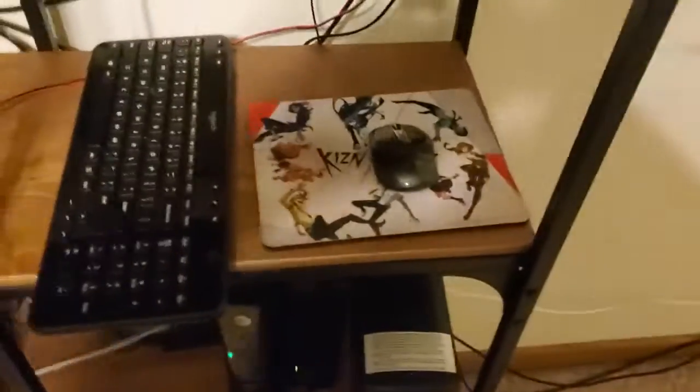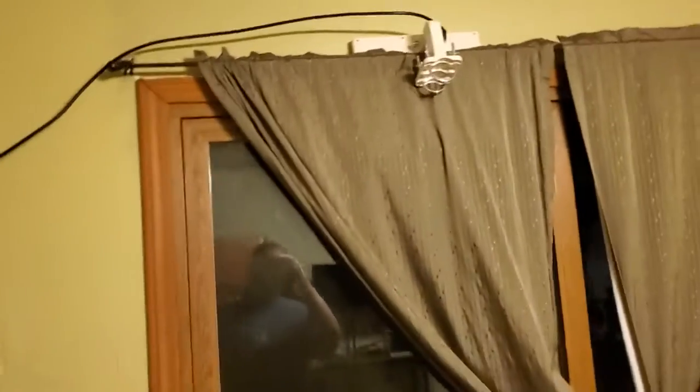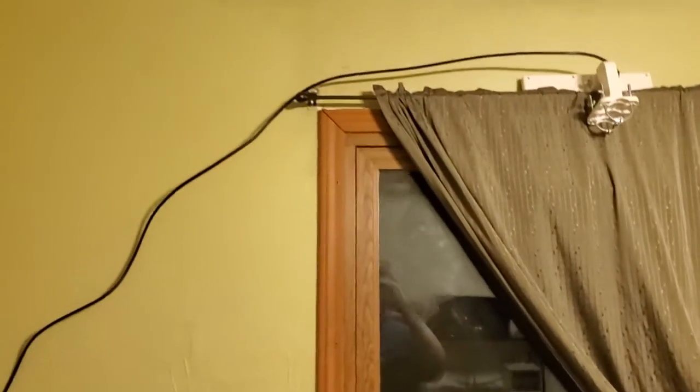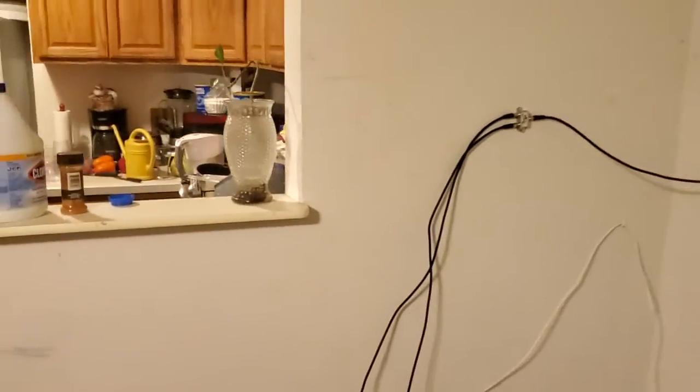Before, I had two antennas. One antenna was in my room, this exact one, going to one HD Home Run, and the other one went to the other HD Home Run. But this one, I took some RG6 cable, went down this way, down behind there, and up there, and then I took a splitter. That splitter goes to more RG6 cable,